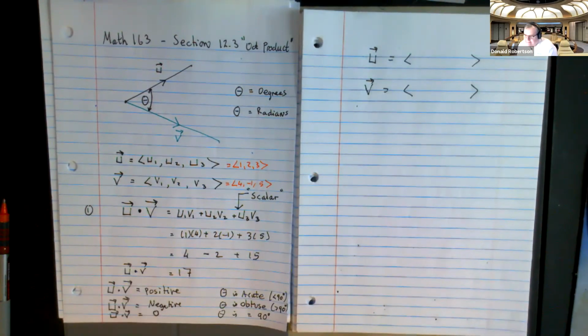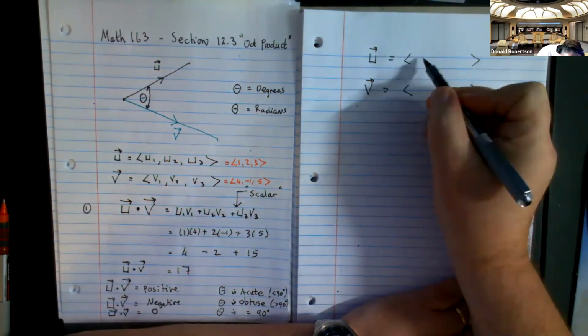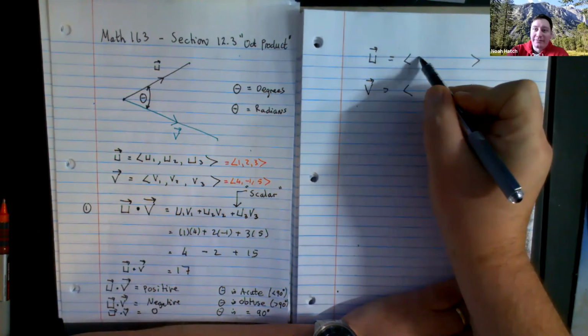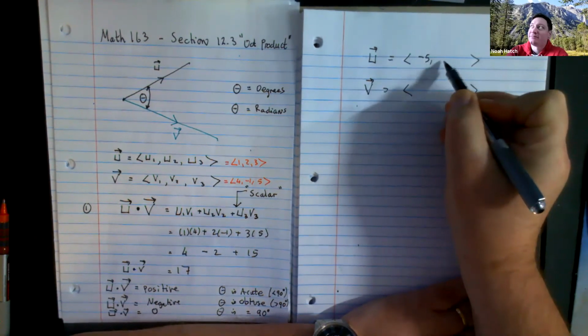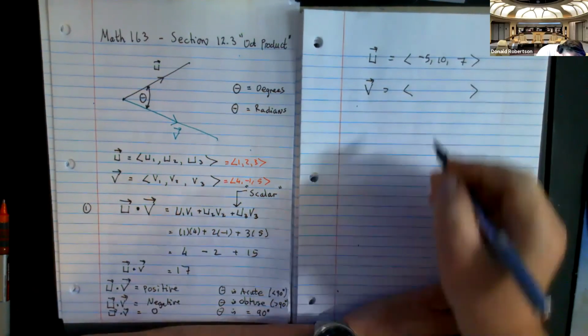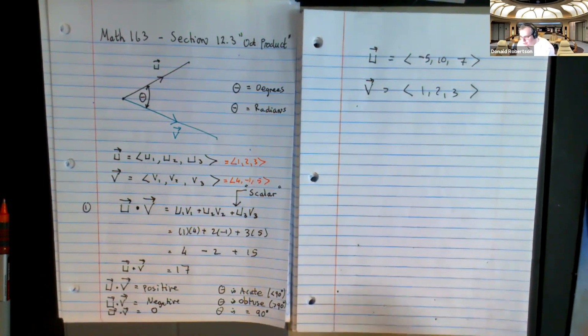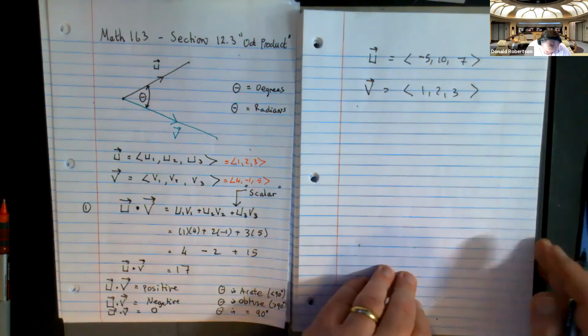Okay. Who am I picking? Noah, give me the components of vector u. Give me the three numbers that I'm going to use. -5, 10, and 7. Okay. And I'm going to pick 1, 2, 3 because I'm lazy. And I didn't pick 1, 2, 3 so something nice would happen. It totally was just random. Now, if you want to do this,